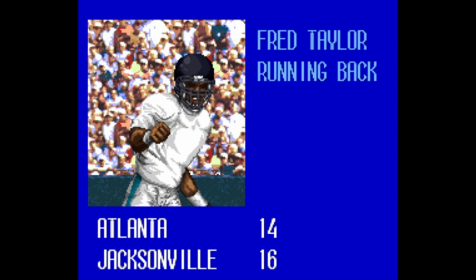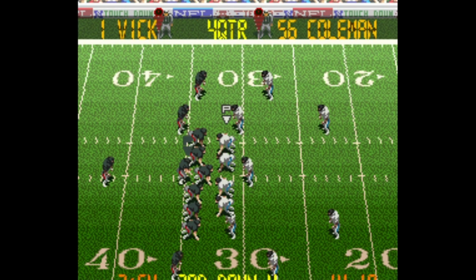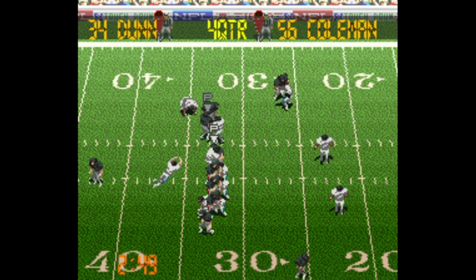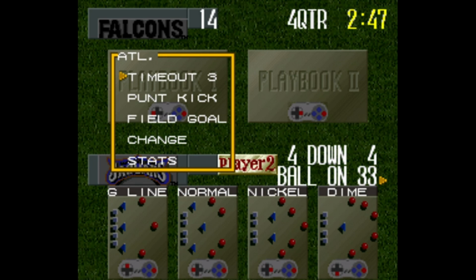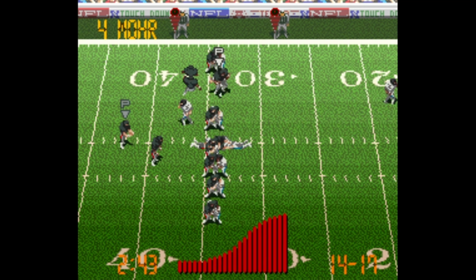at 17-14. Atlanta getting some momentum behind that offense now, have moved it down to the 32-yard line. Warrick Dunn is going to lose a yard on this play. So with 2 minutes 47 seconds to go, the Falcons call timeout, and they're punting. They could have gone for it or kicked the field goal. They're punting. I cannot explain this.